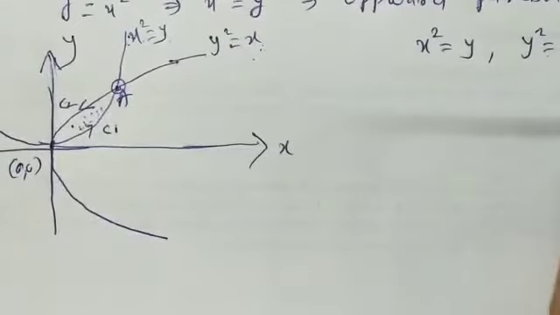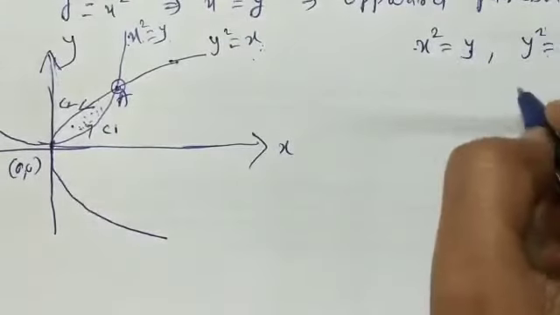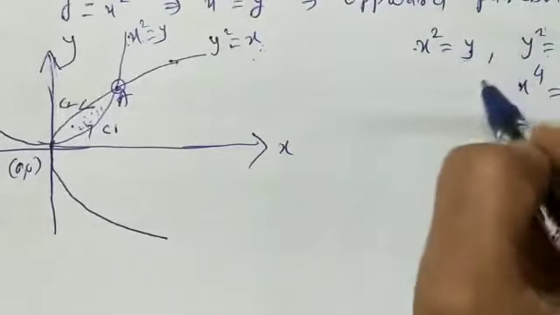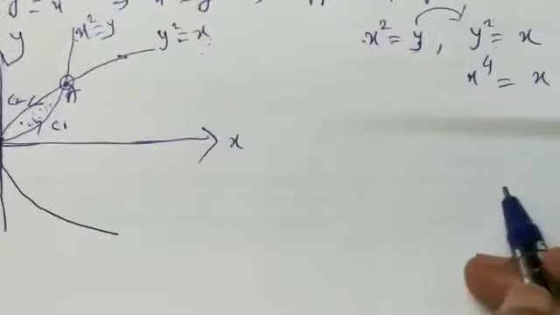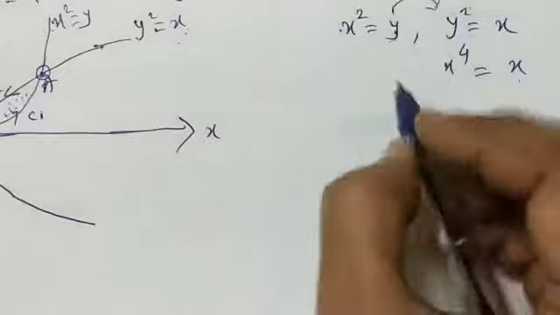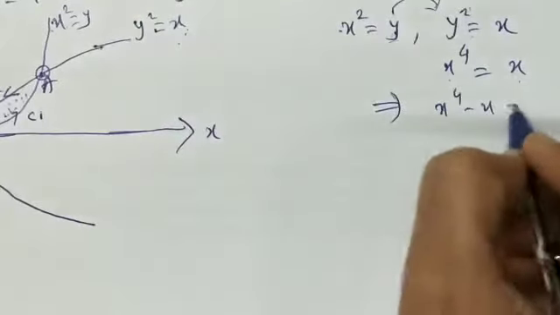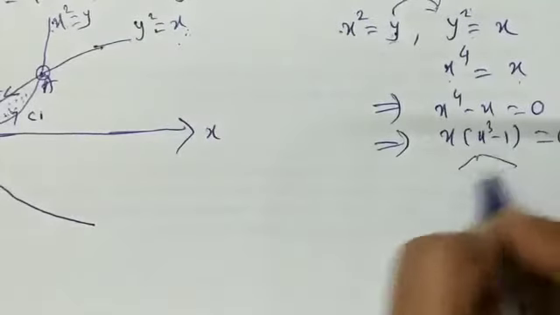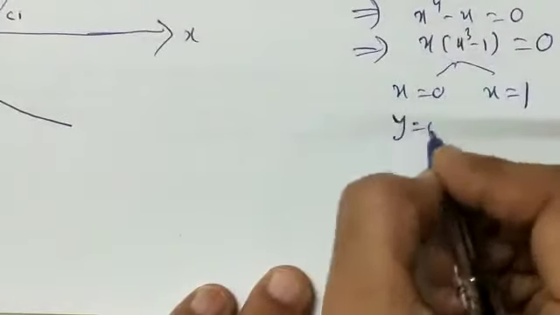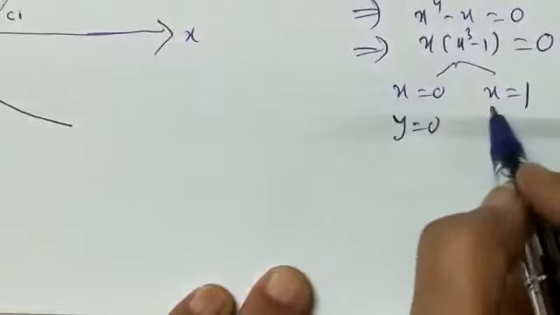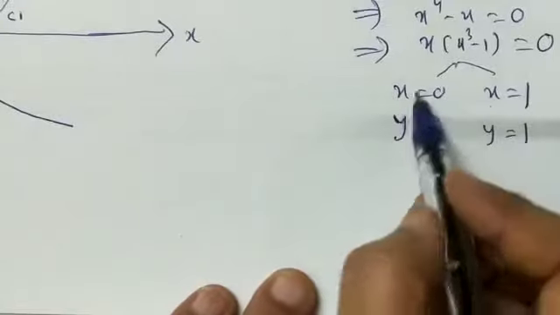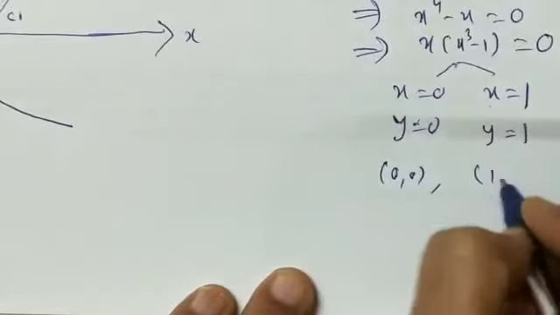So what I do is, y² will be what, students? It will be x raised to 4, right? Because y is x². So I am putting this value of y in this equation. So x⁴ will be equal to x. So x⁴ − x will be 0. x is common. x(x³ − 1) = 0. So two values of x you get, correct? And x = 0 means y is also equal to 0. You can put it in any one equation. Similarly, x = 1, so x² = 1, so y = 1. So one point of intersection is (0, 0). The other point is (1, 1).